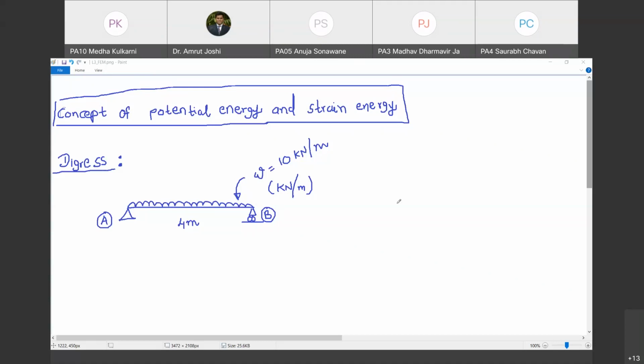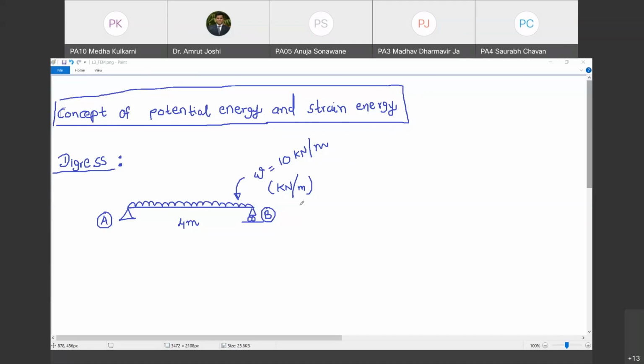But let us break the monotony. Today we will start with a new concept. We will resume the discussion that we were doing on stress and strain tensors a little later, in continuation with this concept. So today we are going to start our discussion with the concept of potential energy and strain energy. It's a new topic, so therefore it will break the monotony. The classes will have some liveliness. So let us begin with this topic. Are you with me, Anuja? Yes, sir. Okay.